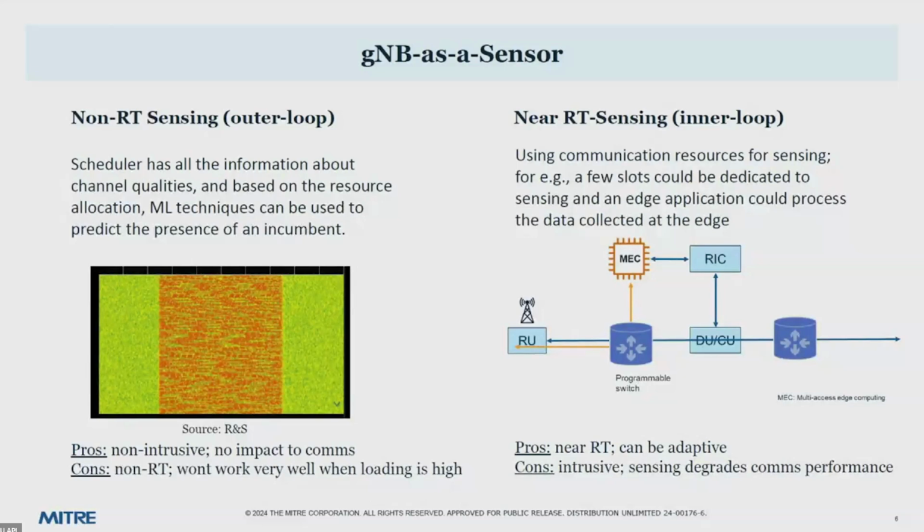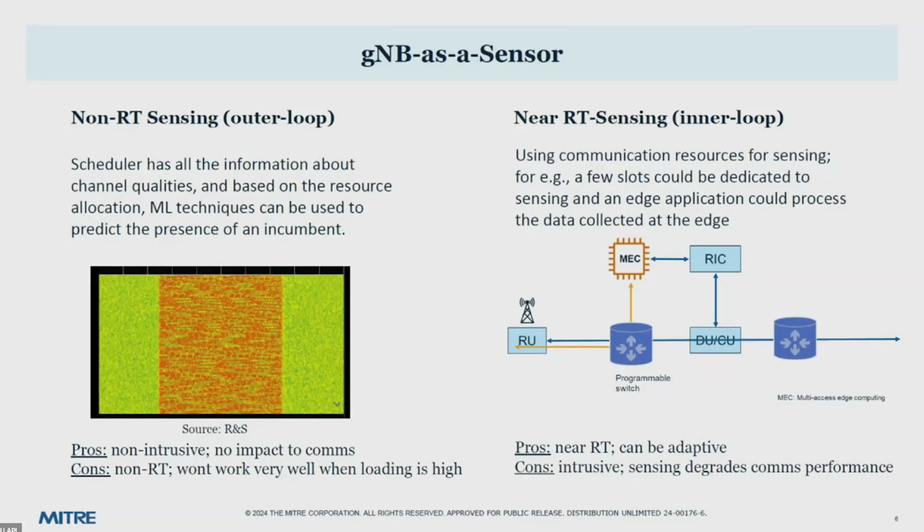On the left-hand side, what you see there is that the gNodeB already has a lot of information. The scheduler in the gNodeB, which is the brain of the gNodeB, has pretty much everything that you want to know. It has information about all the users and the channel that they are seeing, and it is so sophisticated that if you are able to get information about how the scheduler works, then you are able to get information on the sort of interference that the gNodeB is experiencing, and that could be used to your advantage. So what I'm saying is that if there is interference present because of an incumbent, typically the scheduler would schedule around the interference, and by just looking at the activities of the scheduler,